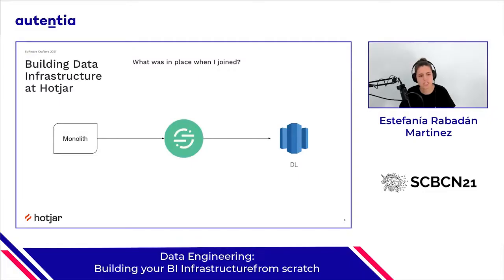And we started, in this case me, because I was the only engineer, researching what we had at the moment. So we had this huge monolith that was writing events into something called Segment. Segment is a tool. What it basically does is you send events to Segment, and then Segment sends them to destinations, any destinations that you may have.